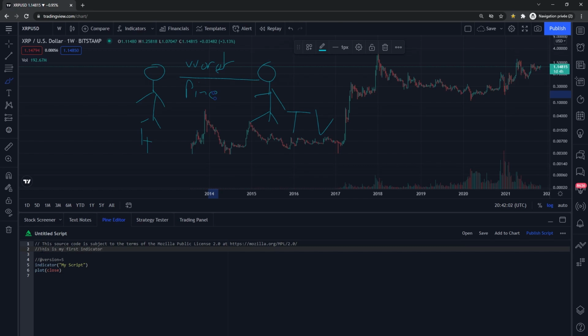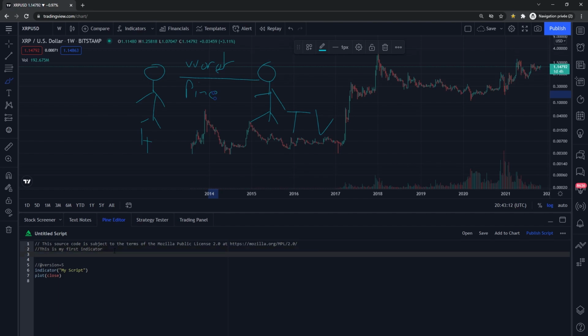As you can see, the line is gray again because I started my line with 2 slashes. So as the lines are ignored by Tradingview, you can write whatever you want. And we use this kind of lines for explanations of the code, right? If I do something that is pretty complicated, I can add some comments